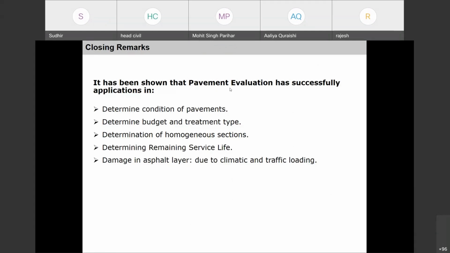It could be to understand or determine what will be the budget requirement for a pavement network, or to decide what treatment type needs to be provided, or to determine what are the homogeneous sections in a particular pavement project or pavement section, or to determine what is the remaining service life. Okay, or you can also understand what is the damage that has happened in the pavement layers as time has progressed. Okay,